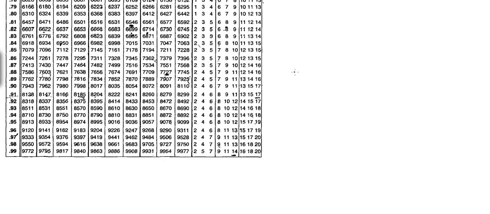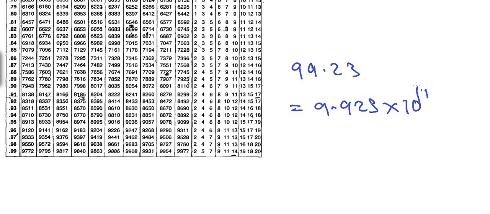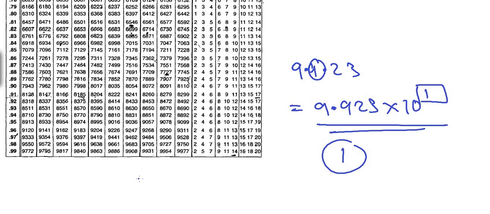Scientific notation method. Convert the given number into scientific notation form. Then the power of 10 gives us the characteristic. Like over here, 99.23 can be written as 9.923. The decimal was over here, we have shifted it towards the left, so the power will be plus. By how many units? 1 unit. So it's 10 raised to 1, so the characteristic is 1. In the next lecture, we'll perform some calculations, multiplication, division and root of a number using logarithms.